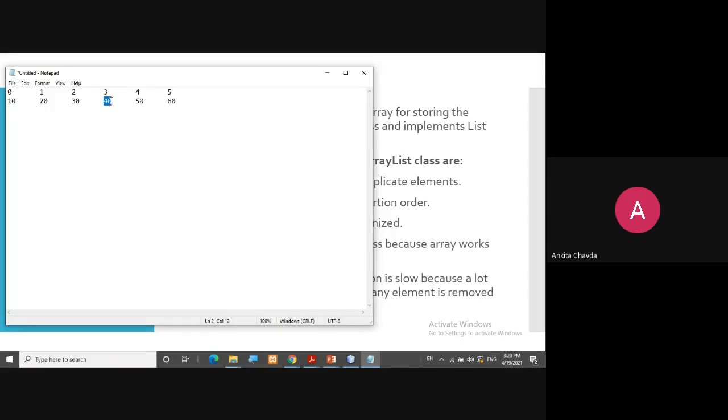This element will be removed, and now on the third index 50 will be placed, and on the fourth index 60 will be placed, and the last one will be blank. So this is what the ArrayList class needs to do whenever you are removing an element from a particular index.